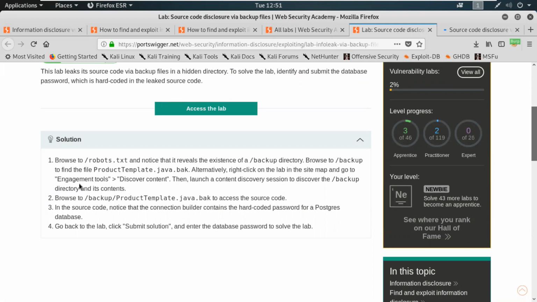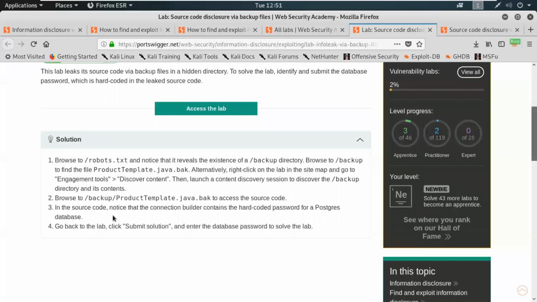Browse to the backup directory and find the ProductTemplate.java.bak file. Alternatively, right click on the lab in the sitemap and go to Engagement tools, Discover content. Then launch a content discovery session to discover the backup directory and its content. Browse to the backup file ProductTemplate.java.bak to access the source code.